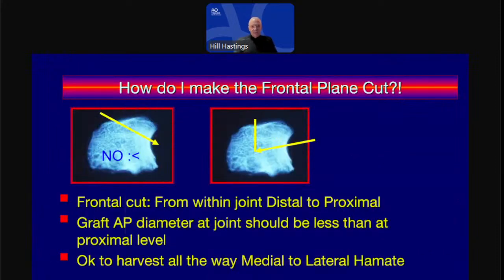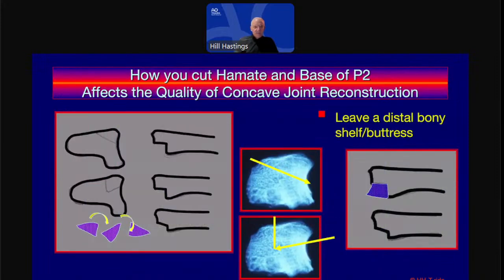So you might be tempted to cut it from proximal to distal, but it's much, much better to cut inside the joint, going in a deeper path as you go proximally. So here's just a drawing I made of where, if you took it like this, which is real easy outside the joint, and then you put it in, it's going to match like this, and it won't really restore the concavity. If you cut it like this, yes, then when you put the graft in, it automatically recreates